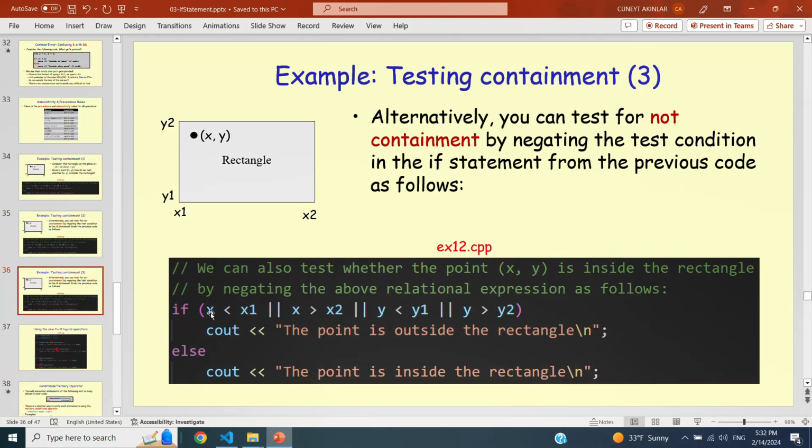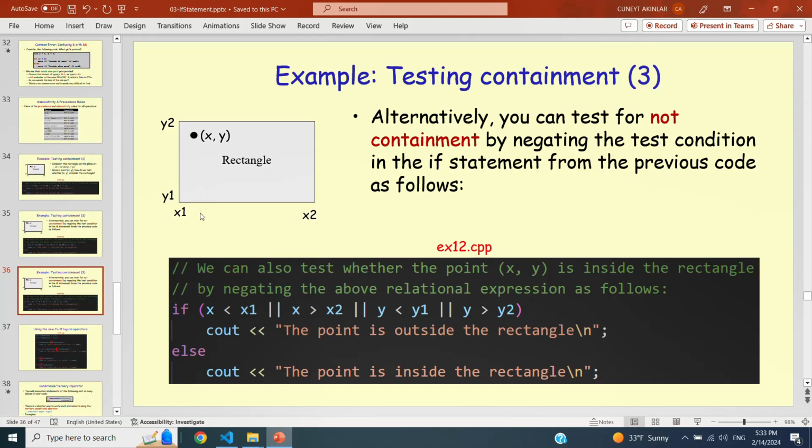So now we are still testing for not containment, but now the test is if x is less than x1, or if x is greater than x2, or if y is less than y1, or if y is greater than y2, then the point is outside the rectangle. Again, this test is for not containment. Otherwise, the point is inside.